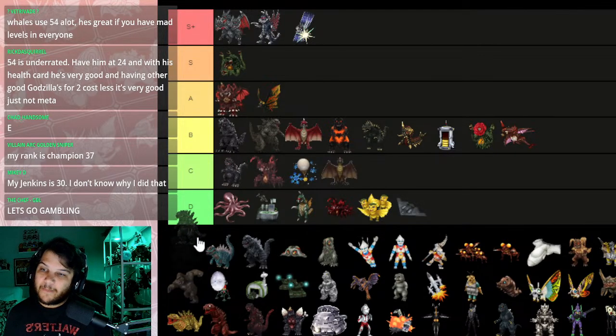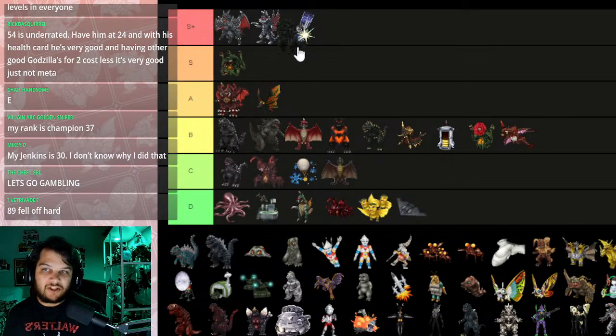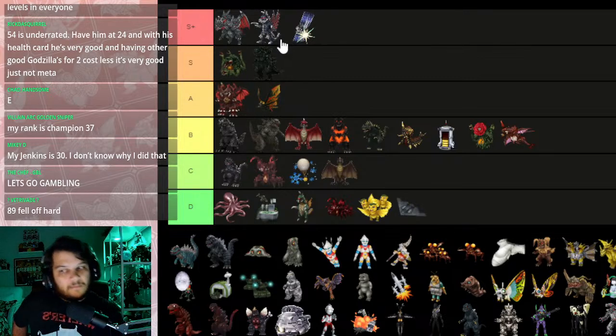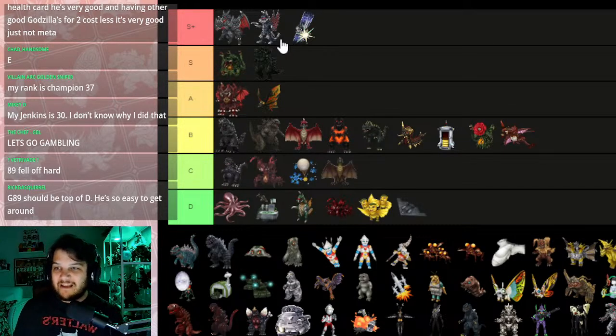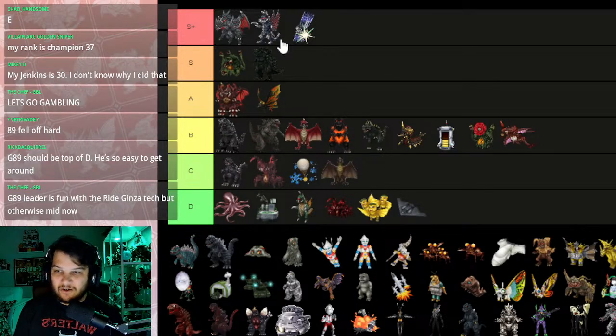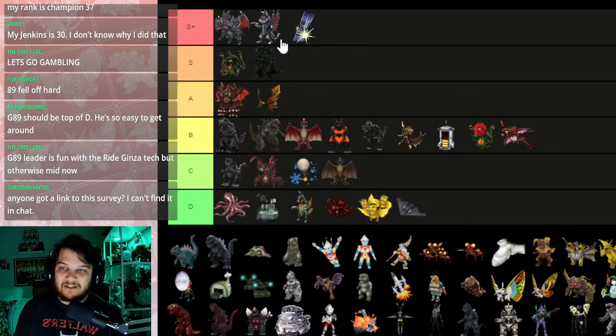Godzilla Earth. I still think that Godzilla Earth is somewhere in the S tier. Maybe the A tier. I feel like Earth is kind of falling off. There's a bunch of ways around him. And to kill him faster now, you can give the 200% crit boost to all your guys. You have a ton of long range. You can do,